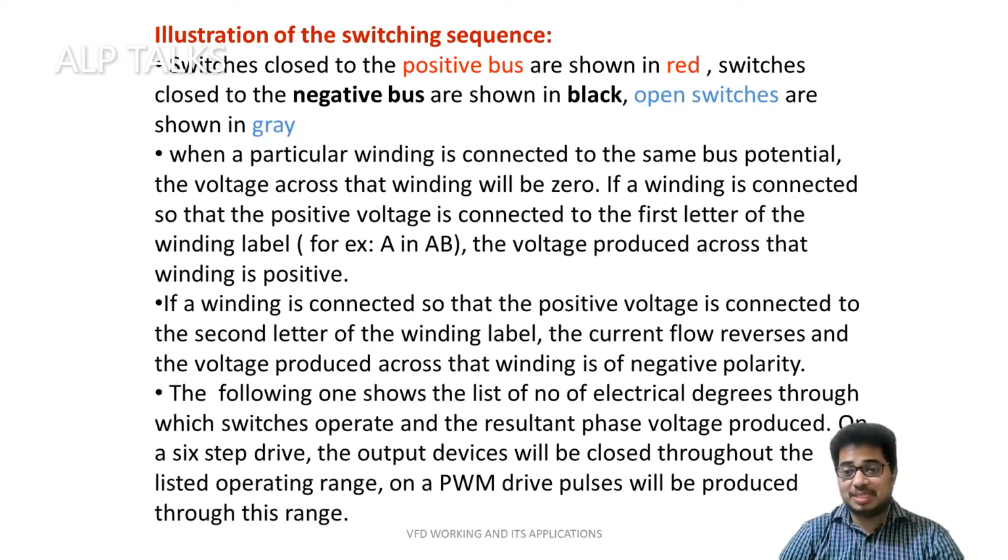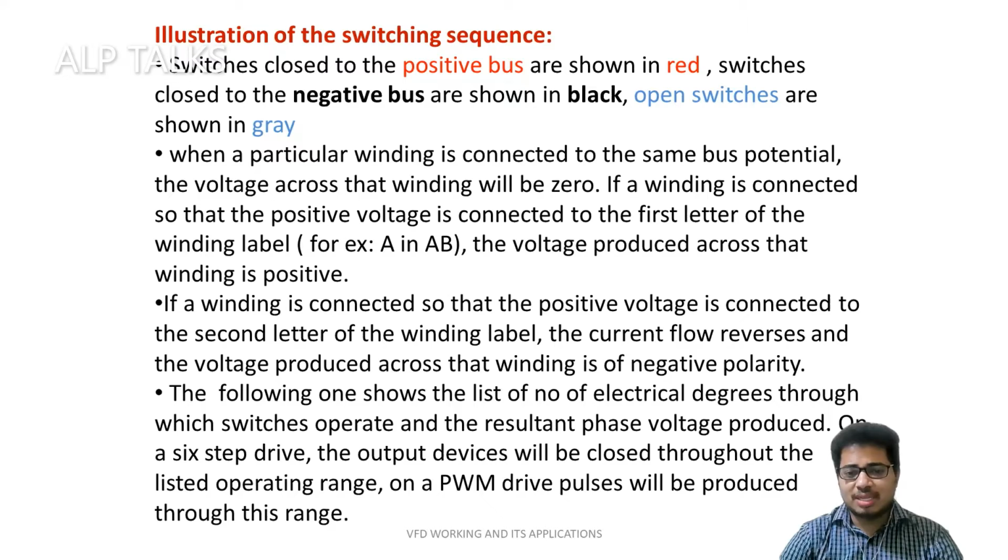Illustration of the switching sequence. Switches closer to the positive bus are shown in red. Switches closer to the negative bus are shown in black. Open switches are shown in gray. When a particular winding is connected to the same bus potential, the voltage across the winding will be zero. If a winding is connected so that the positive voltage is connected to the first letter of the winding label, for example A in AB, B in BC, C in CA, something like that,